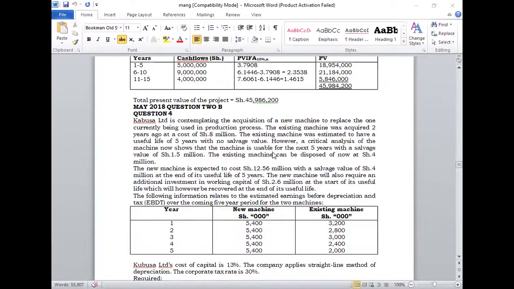The existing machine can be disposed of now at shillings 4 million. The new machine is expected to cost 12.56 million with a salvage value of shillings 4 million at the end of its useful life of 5 years. The new machine will also be required